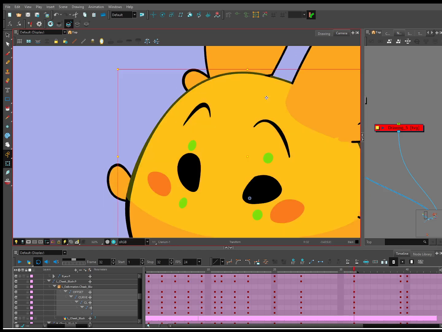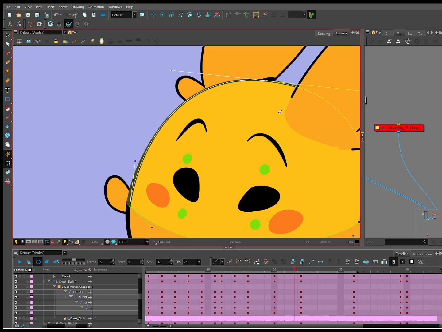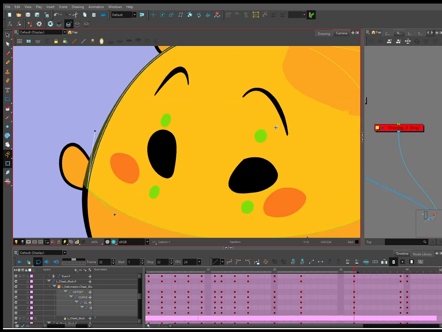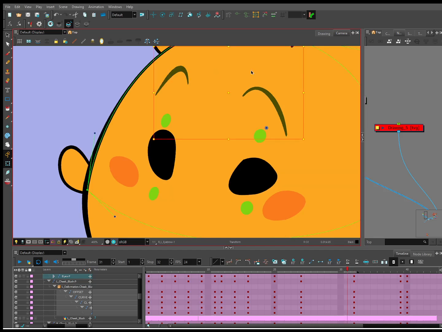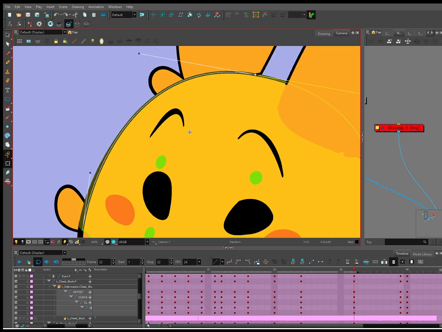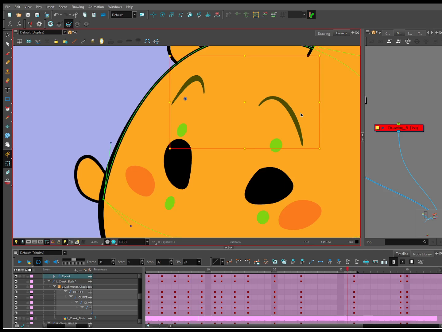And again, squashing, understanding, especially in the face, what is driving the muscles. If the eyebrows are going up and down, it's also going to adjust your forehead. If the eyebrows are settling down, I like to put a little squash.